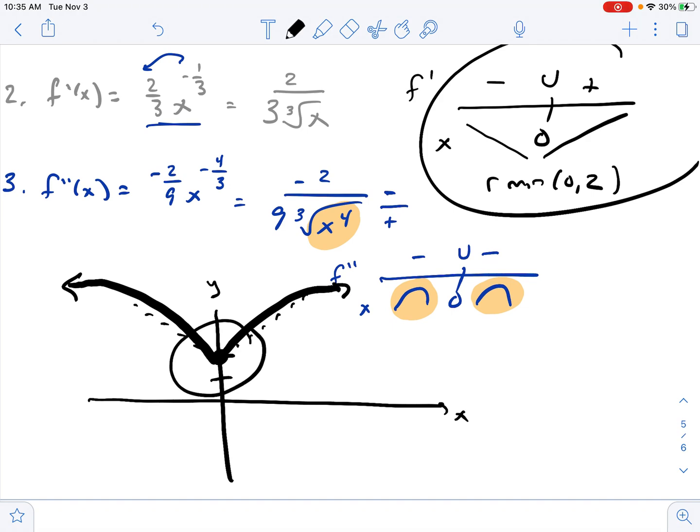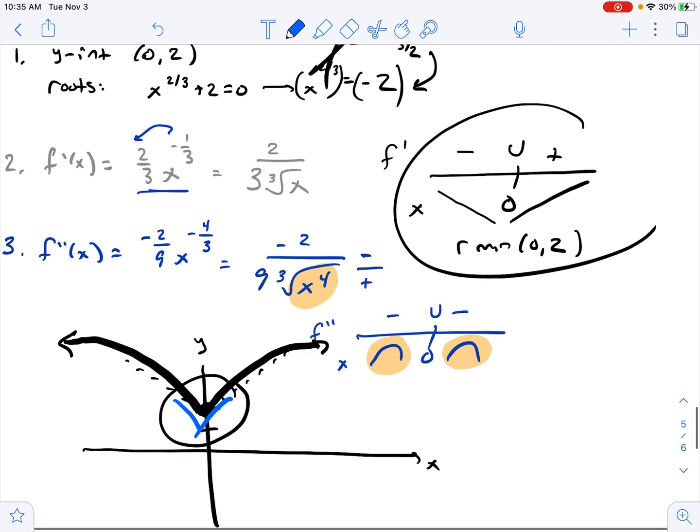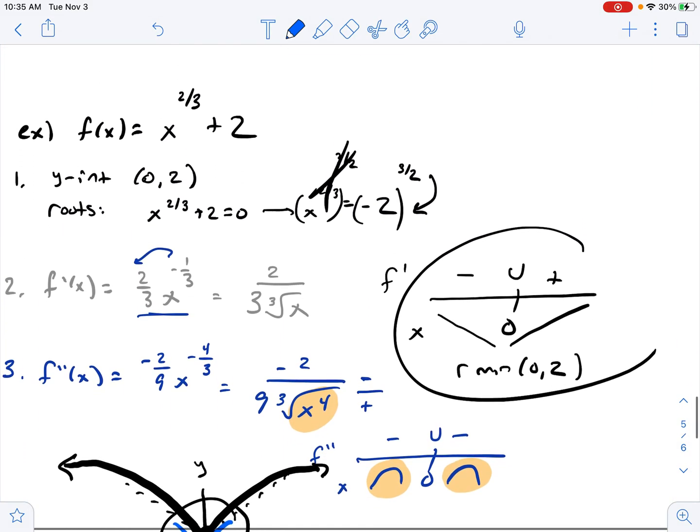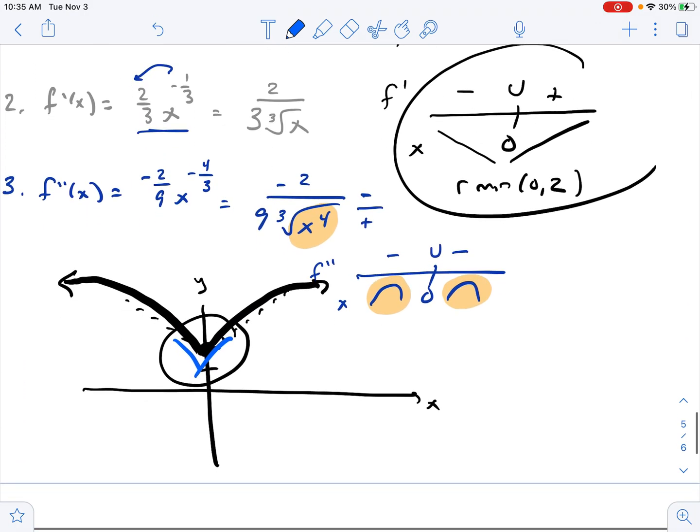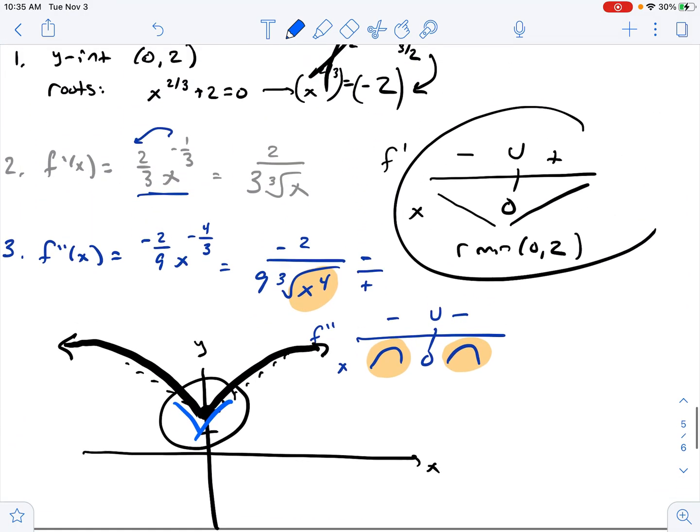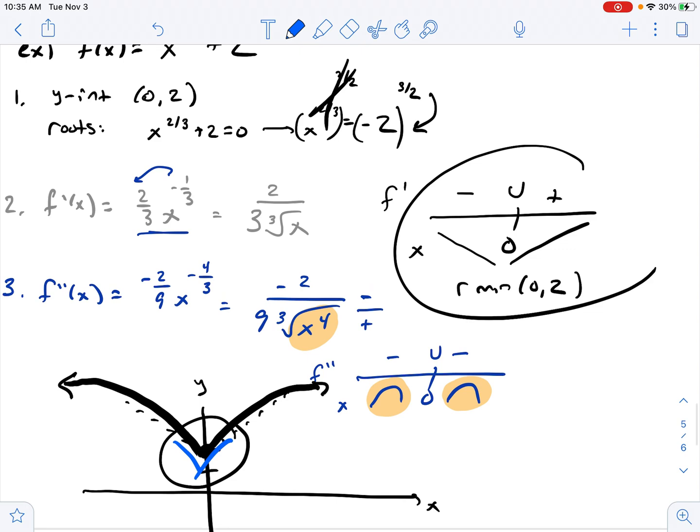And why is this continuous at 0, but the derivatives don't exist? What do we have going on here? We've got a sharp corner. We've got two different slopes coming into the same point, which is why the derivatives were undefined. Okay? And there you have it, folks. So kind of a quick review of what you did last year, maybe a little more detailed, though, dealing with some of the functions we deal with this year. Okay? So if you have questions on